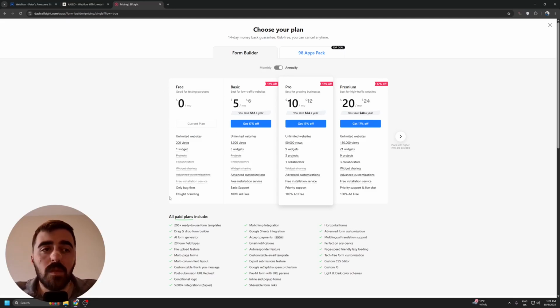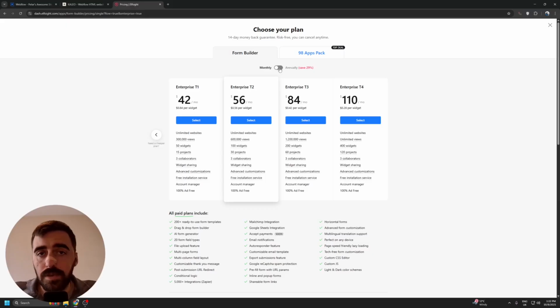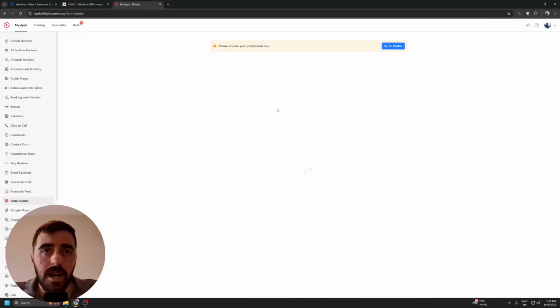Do bear in mind that this comes with some Elfsight branding, so if you want your widget to be 100% ad free, then choose any of the premium plans and it will be removed. With the premium plans, you also get to unlock some premium features, such as you can have 3 widgets, for example, with the basic plan instead of just 1. And as you can see, there's lots of different premium plans that you can choose from, and if you decide to subscribe to any of them annually, you also get to save quite a bit of money as well, which is pretty nice. So yeah, go ahead, choose the plan that works best for you,